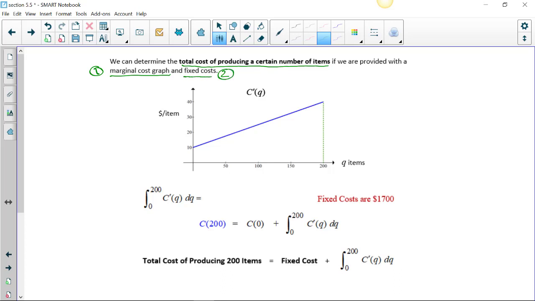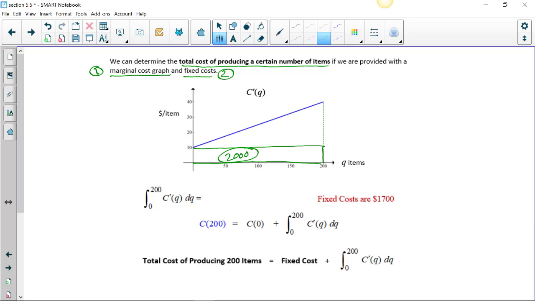All right, well, here's the graph of that marginal cost function we were just looking at. And because it is linear, we can find that area by dividing it up into a rectangle and a triangle, as we've been doing, and we can find the exact area this way. So this rectangle here has a height of 10 and a width of 200. So 10 times 200 is 2,000. So basically I have $2,000